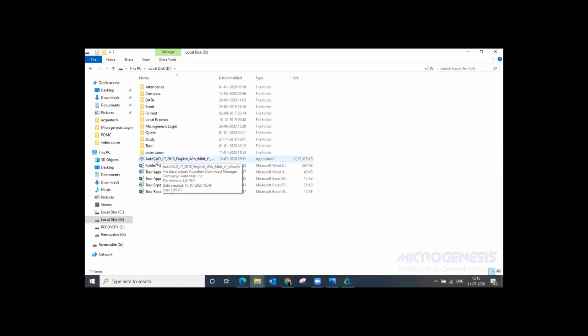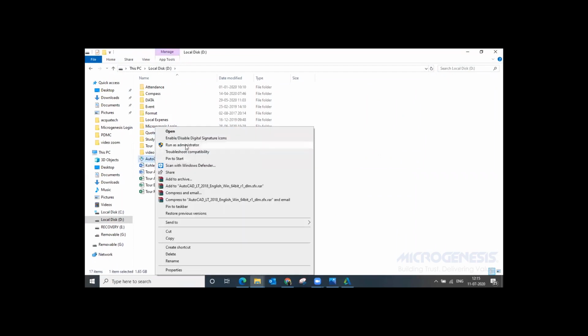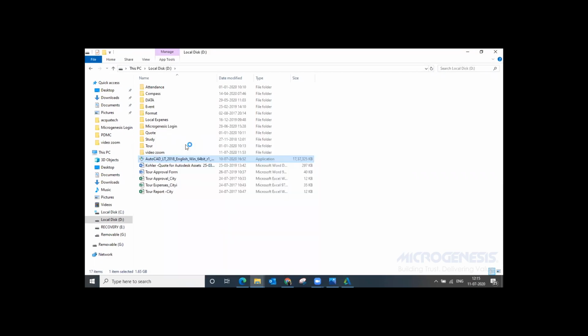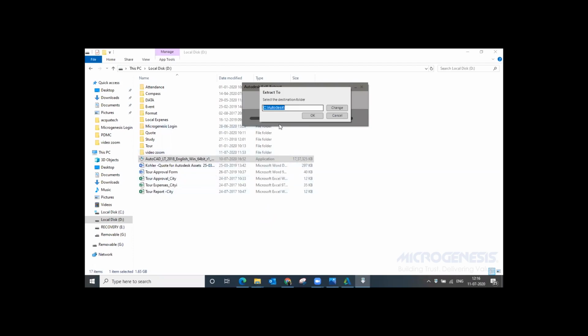That is a zip file which we need to extract again. So right click on the AutoCAD related folder and click on run as administrator. Here we can see it will by default extract to the C drive Autodesk folder. After that, by clicking on OK, our installation will be completed again.